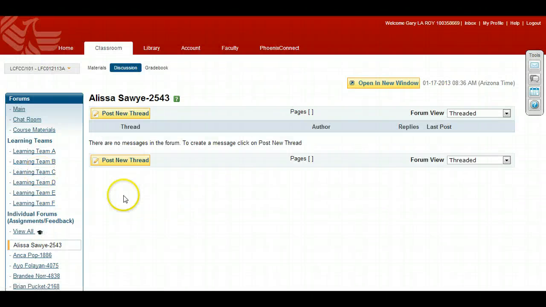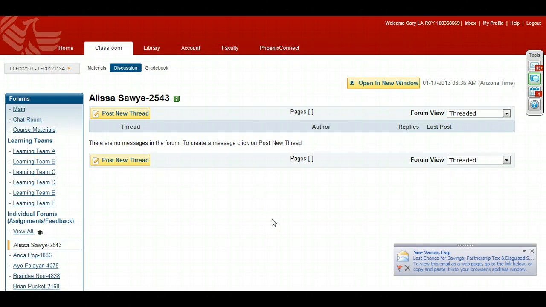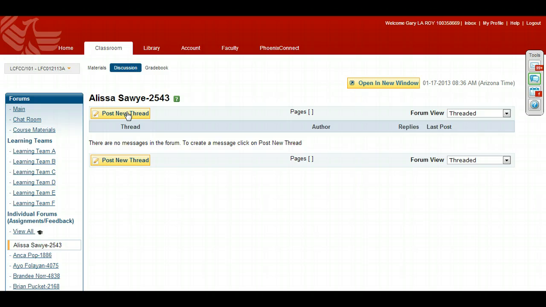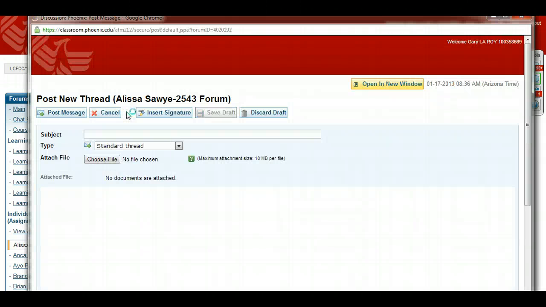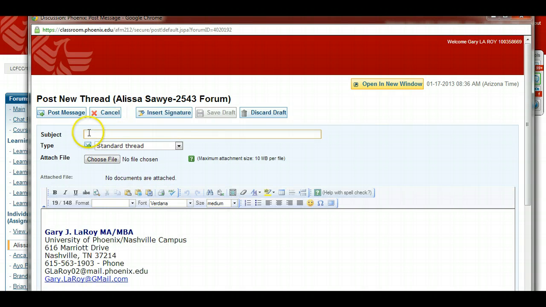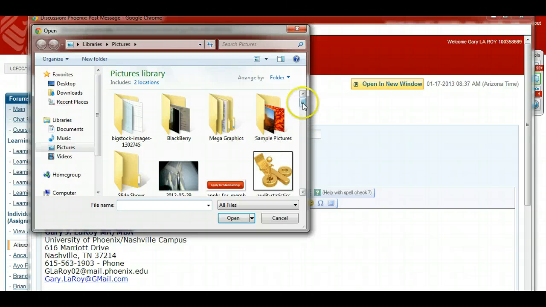When you click on your forum name, you then are given the opportunity to come in and post a new thread. So you'll post a new thread. You'll put a subject line in here. Assignment week 1 would be an appropriate assignment name. Choose the file because you'll want to save your information in a Word document. And when you go in and choose that file name,